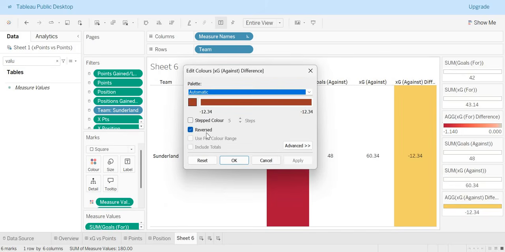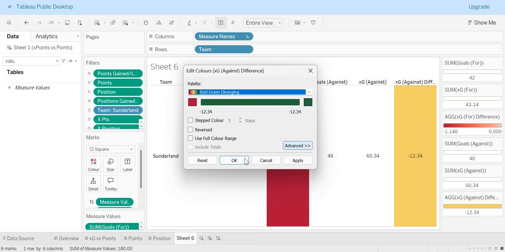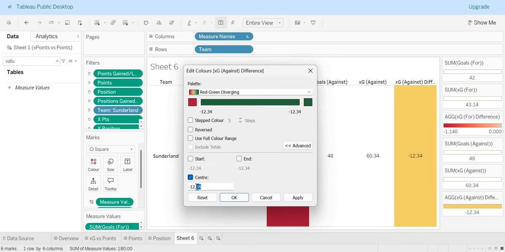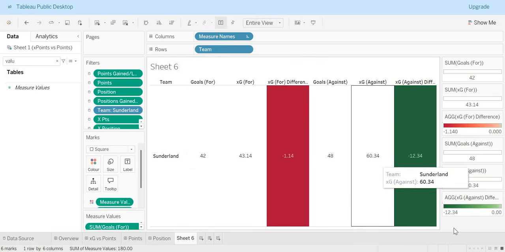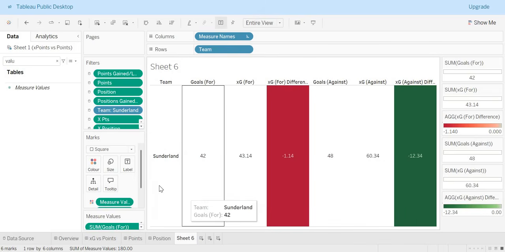Obviously, the hard thing with the custom thing here is the fact that we've only got one value, so the center again needs to be 0. But this time, again, the reverse thing's a good thing because you want to concede less. Is obviously a good thing. So there you go. So you can see the reason Sunderland did so well, we can see really quickly, is